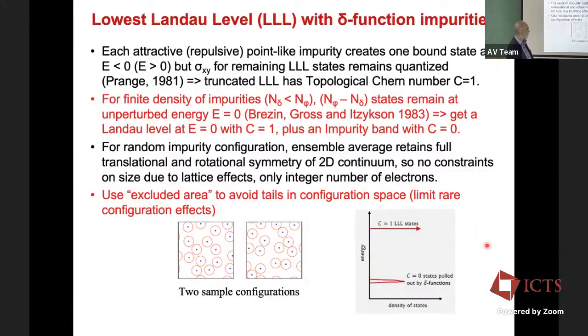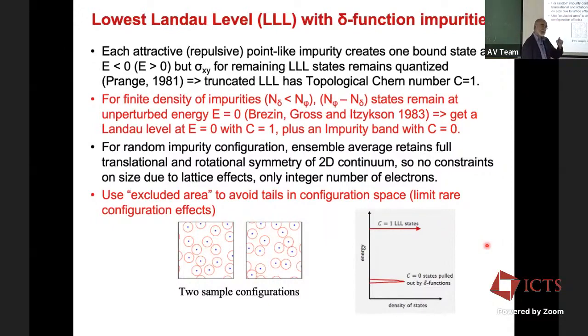When you say that the Landau level remains sharp, what you mean is that if the difference between the impurity band and the Landau level energy scale is delta, the width of the Landau level is 1 over delta. No, these are exact because it's a delta function impurity. If the impurity had finite width, then yes, you would be right.